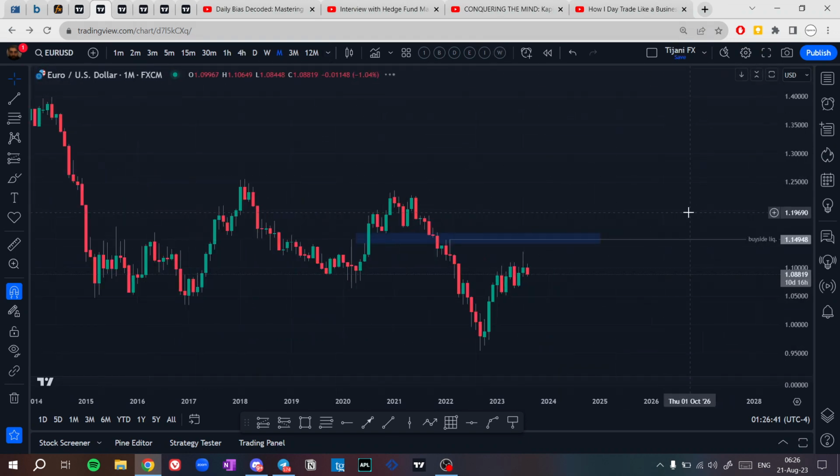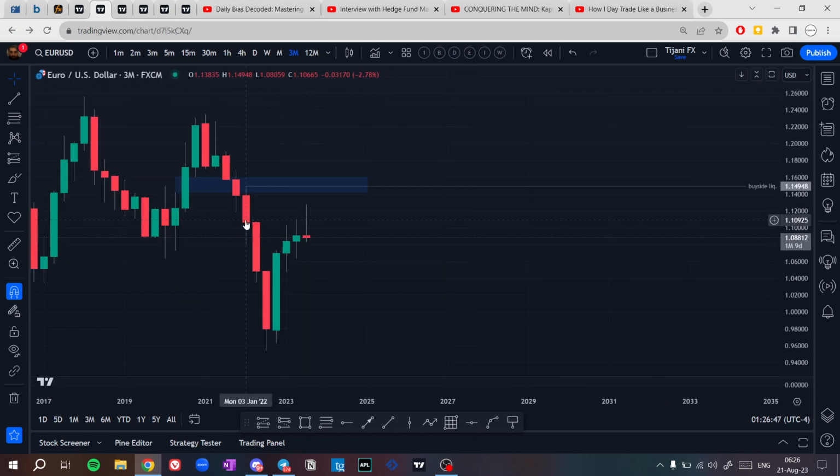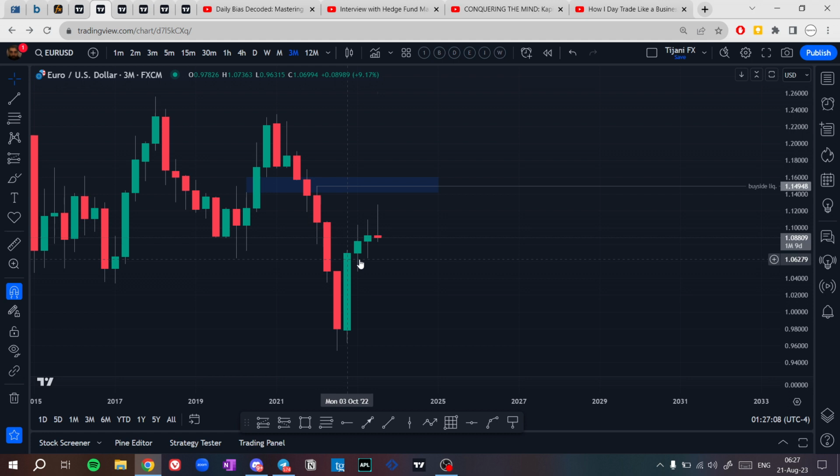On the quarterly time frame, we see that price has filled this fair value gap here. And this quarter, we still have 1 month and 9 days, is showing bearishness. It opened here, then price went higher to this mitigation block, to this weekly CB, then it drops below the open. It shows there's a higher chance that this quarter is going to be bearish and is going to target the next quarterly low here.